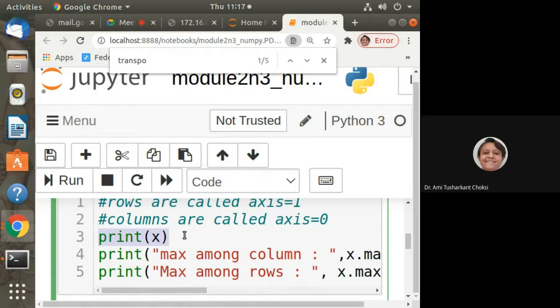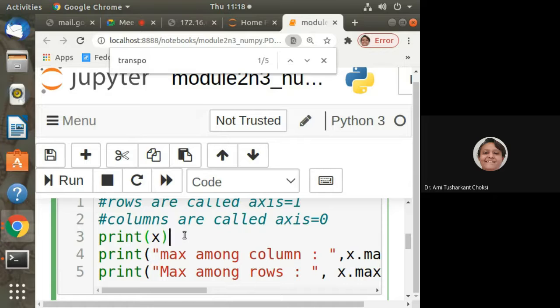Now, print x. First of all, we are printing x. I am giving you the habit that for any operation, first of all you should print the original value, whether it is a matrix or an array. Then do the operation, then print the result. So we'll have an idea of what the original was and what it is after the operation.